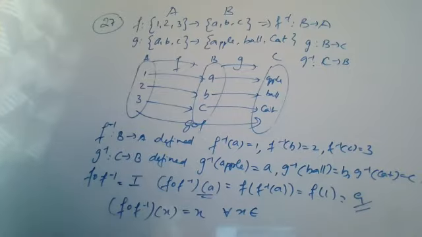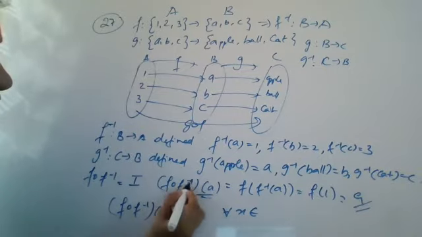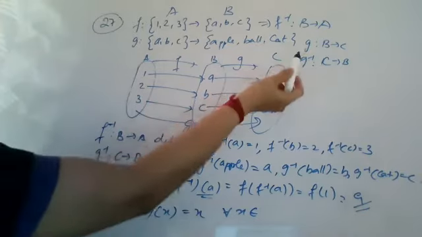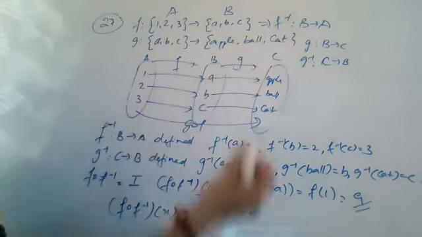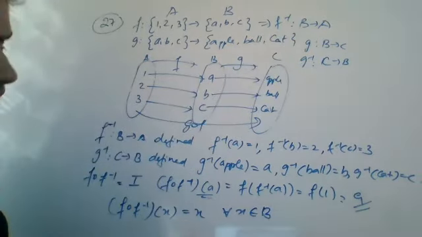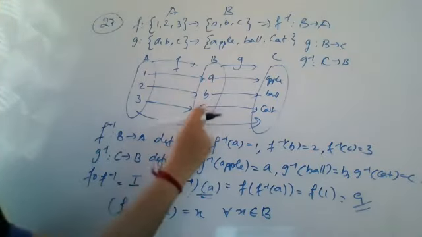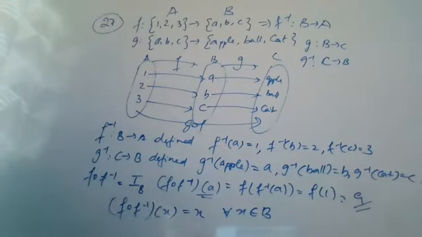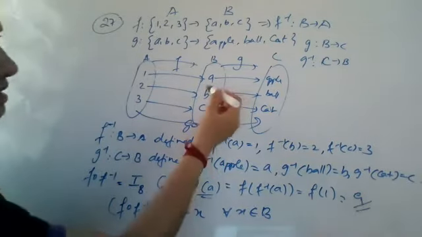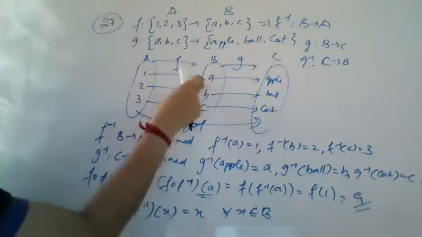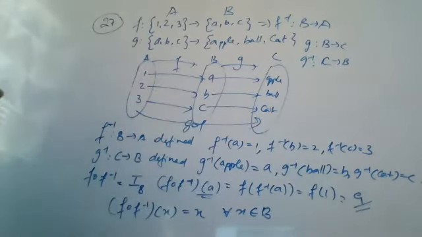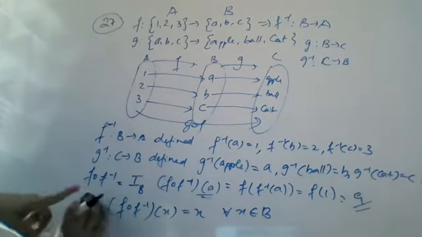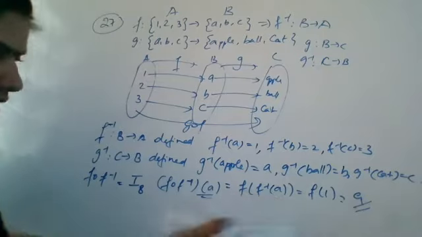What is your first set? First set means F inverse का जो set है. F inverse कहाँ से कहाँ था? It was from B to A. That means for all X belongs to B. ये B कौन है? It is set A, B, C. So I can say that the suffix of this will be B. Because it is starting from B, it will end at B only. A में ही आ रहा है ना? A is this set only. A कौन से set में है? B में है. So it is reaching the last set as B also. तो ये हम लिख सकते हैं. That means you can say that F composition F inverse is I.